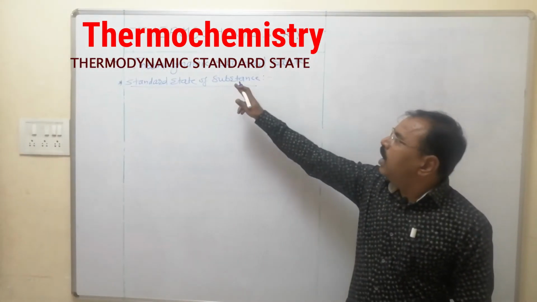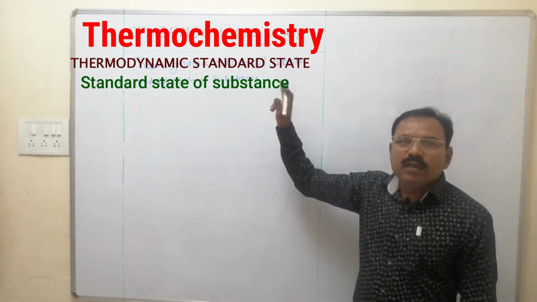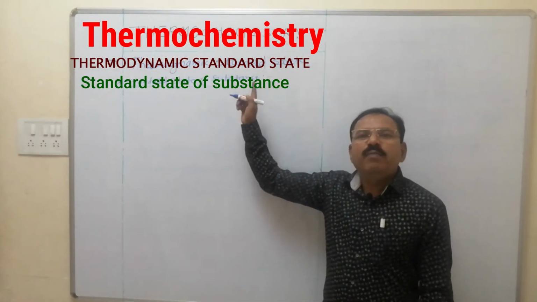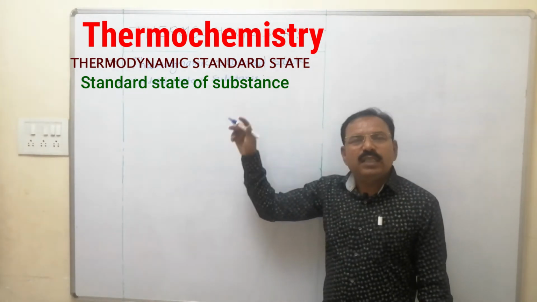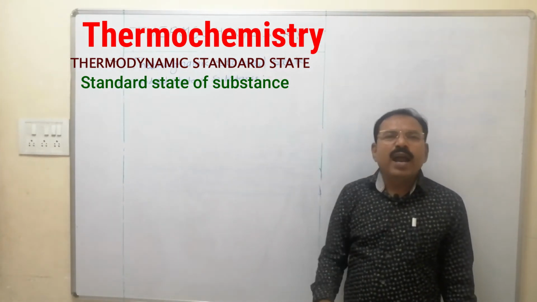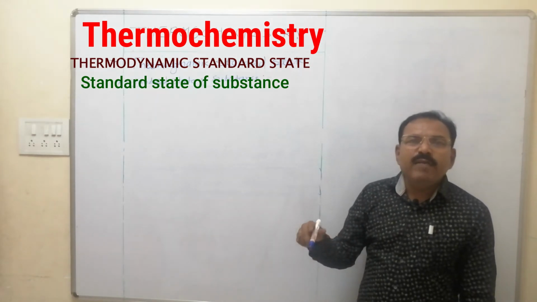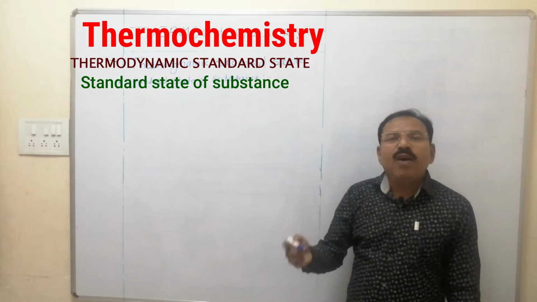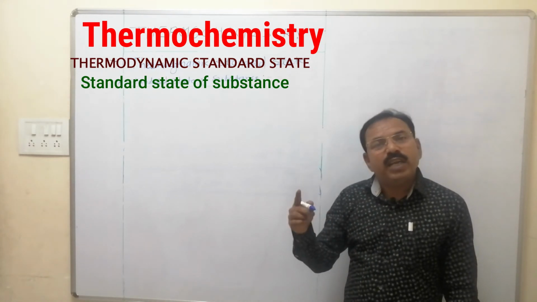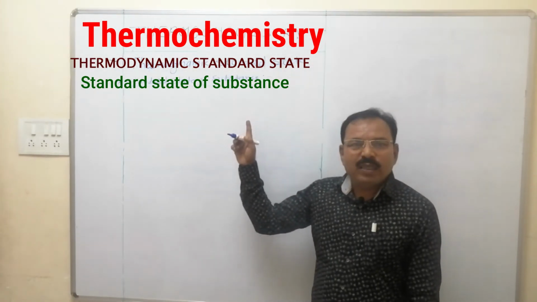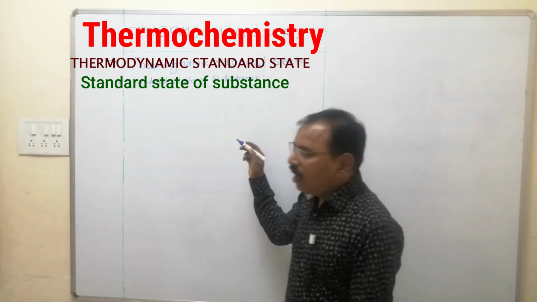Now, the thermodynamic standard state, the standard state of a substance. It is the form in which the substance is most stable at 1 bar pressure and 298 Kelvin temperature. If the reaction involves species in solution, its standard state is 1 molar concentration. Examples: